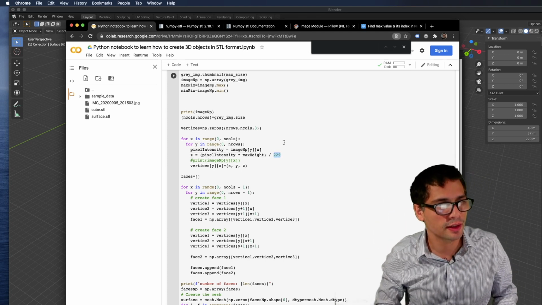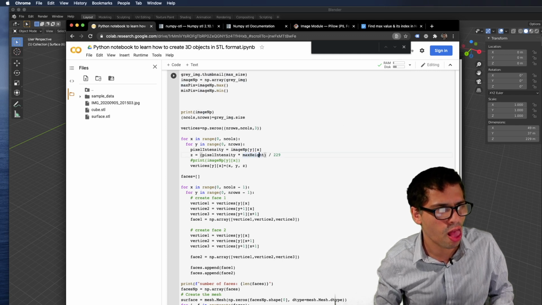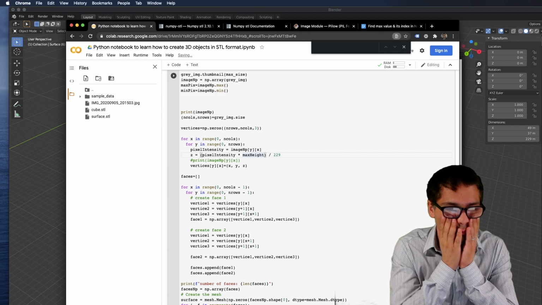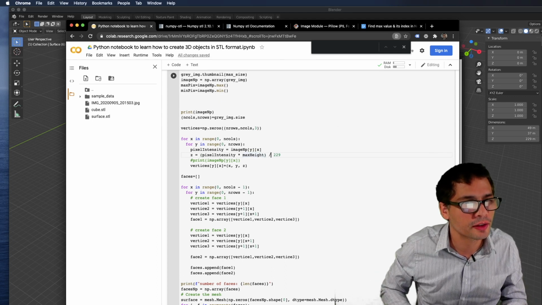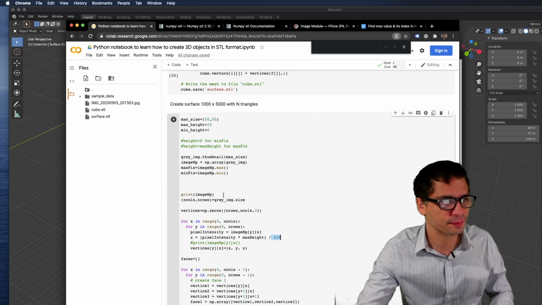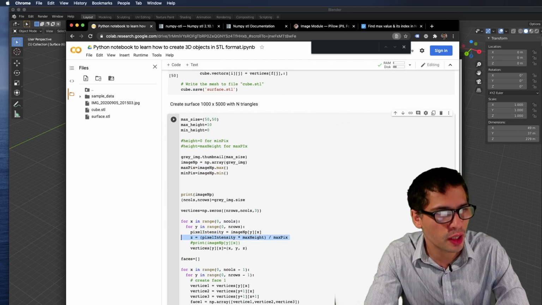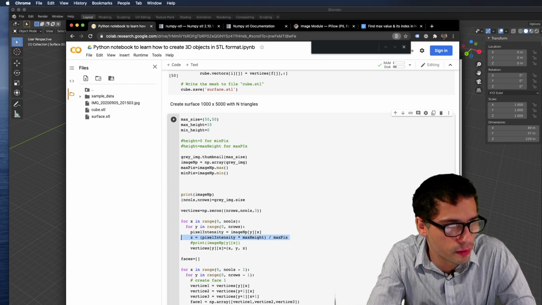Max height is my z, the higher bound, like 10, for example, and 229 is max pix. Let me just go back to this. I'm ignoring min pix because it's always going to be 0.